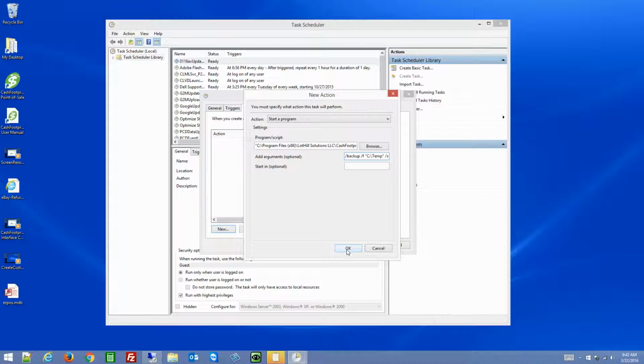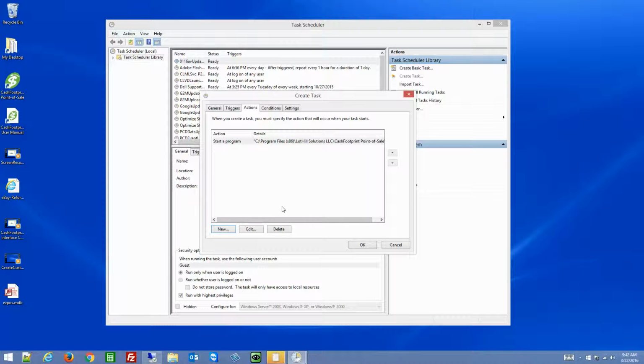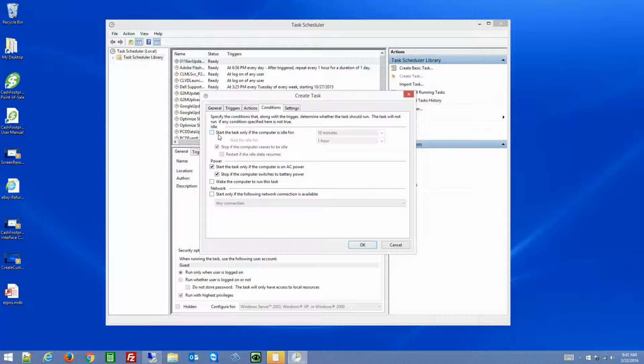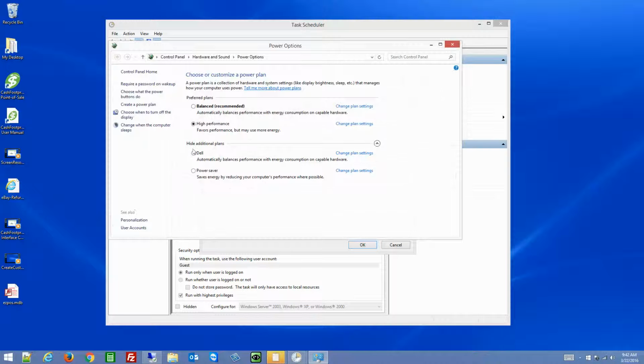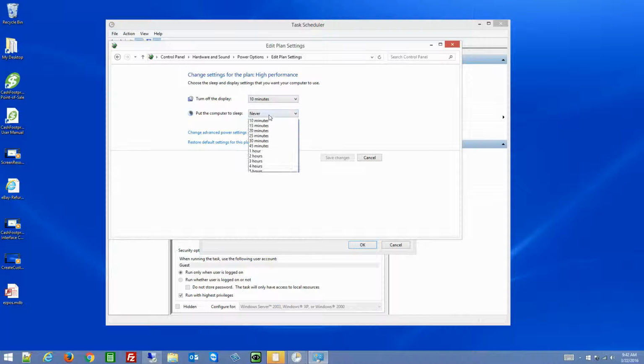Click OK. That will create the action. And if you have specific conditions, you can click on the Conditions tab and make sure that the task will run when the computer is on. Now, I recommend for all of the main machines to be running in high performance mode. If you don't see high performance selected, click the down arrow. It may look like this. Click the down arrow here to expand the other plans. Select high performance and then change the plan settings and make sure that the computer sleep is set to never,